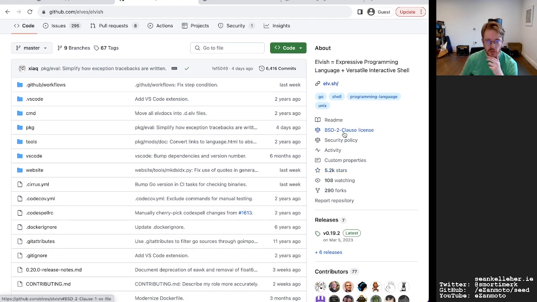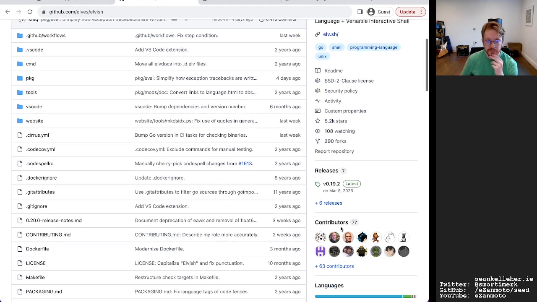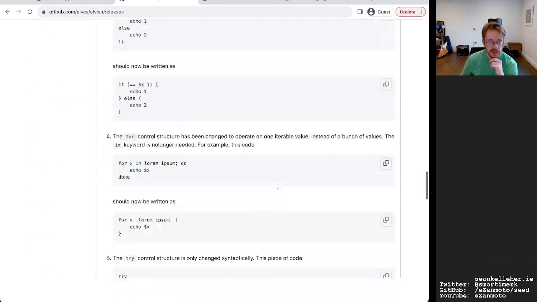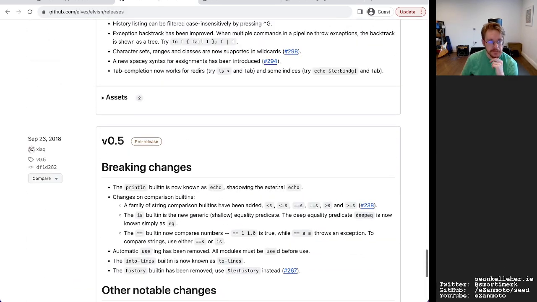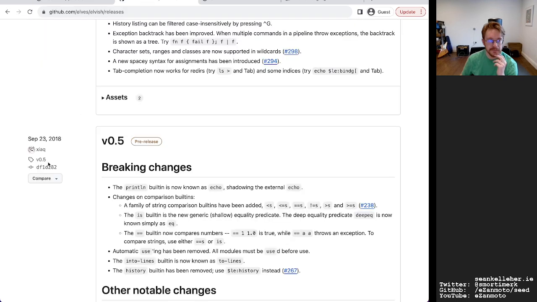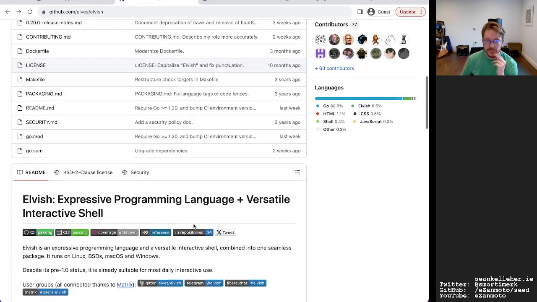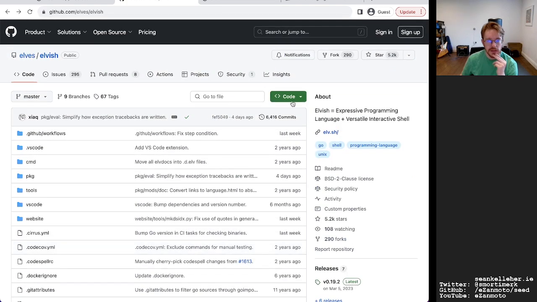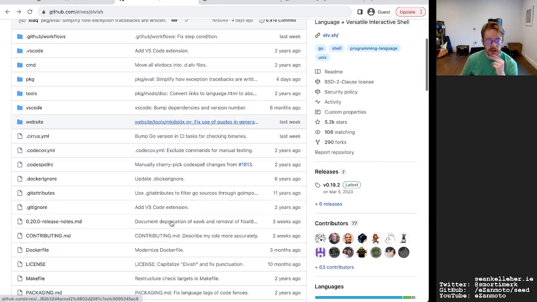At least this is a bit more forgiving, BSD2. So how many releases do we have? So it was Ilya who did NGS Lang. And I can't see anything obvious.